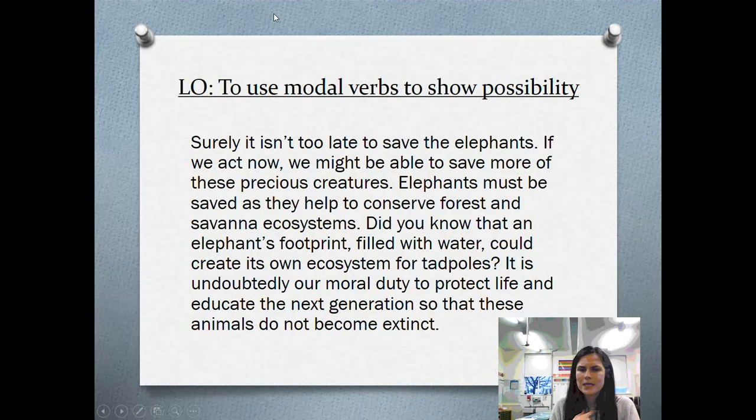And then when I was writing mine, I put, instead of creatures, I put elephants. Now, if I put elephants there, surely it isn't too late to save the elephant. If we act now, we might be able to save more of these precious elephants. Elephants is too much repetition, okay? So think about your pronouns to replace the word. Think about different words you can use so we've got the same meaning. Maybe you want to add in a rhetorical question, okay? So think about the different techniques that you have used. I look forward to reading your